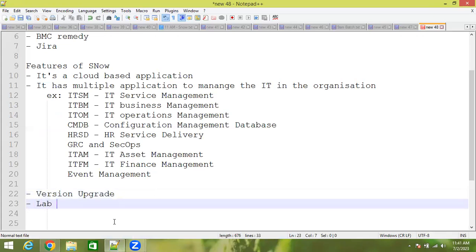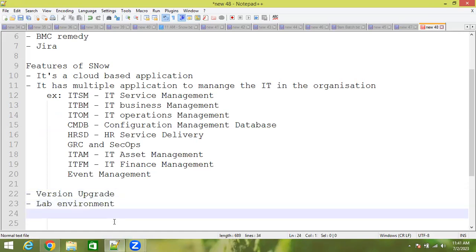And then lab environment. Anybody who wants to learn ServiceNow has to have some platform to learn the application, right? That means there should be some lab environment.